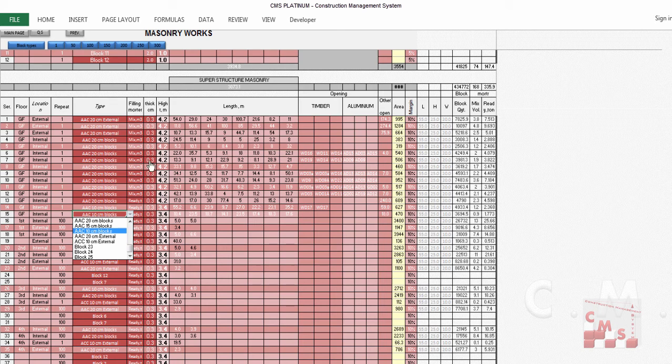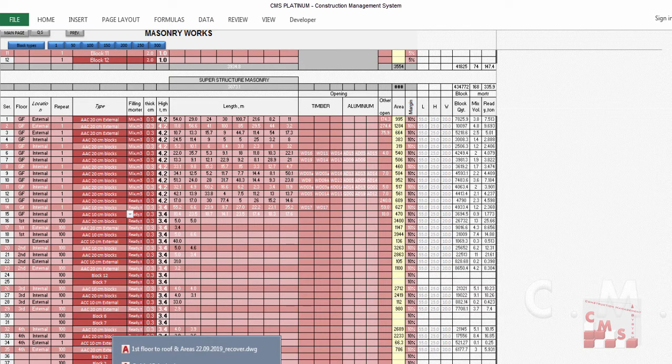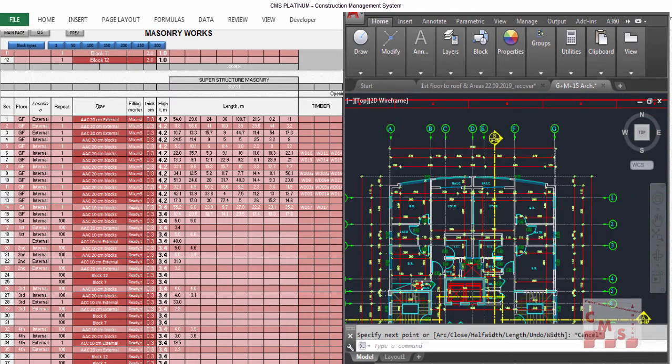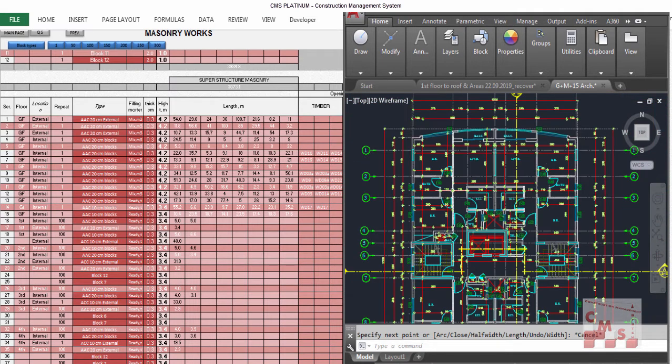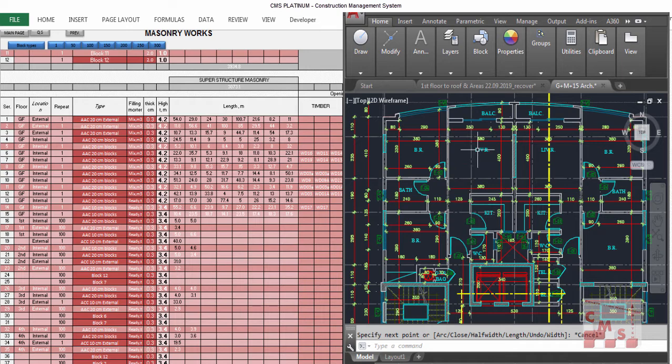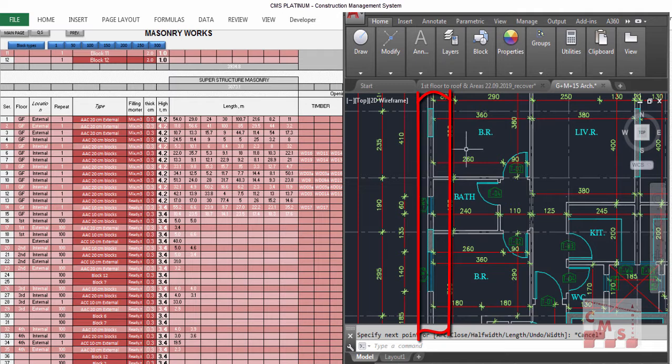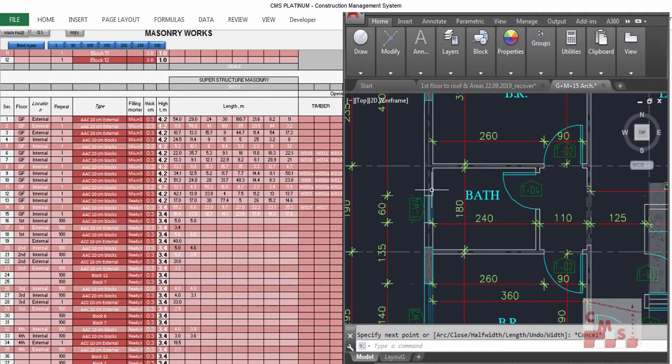And the mix of the block and the thickness, then you will enter the length and the height. If we go to your drawing, it's now required to take all the length and the height for all this block work according to their type. So if we talk about the external block work, which may be a thermal block of 20 centimeter or 30 centimeter, we just choose here the type of the block, and we'll start to enter all the required